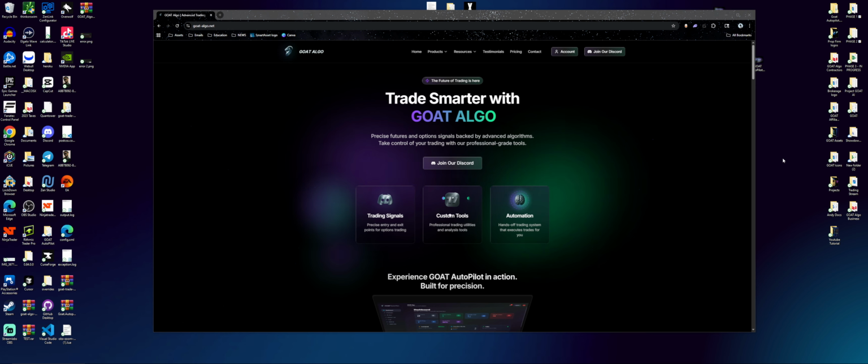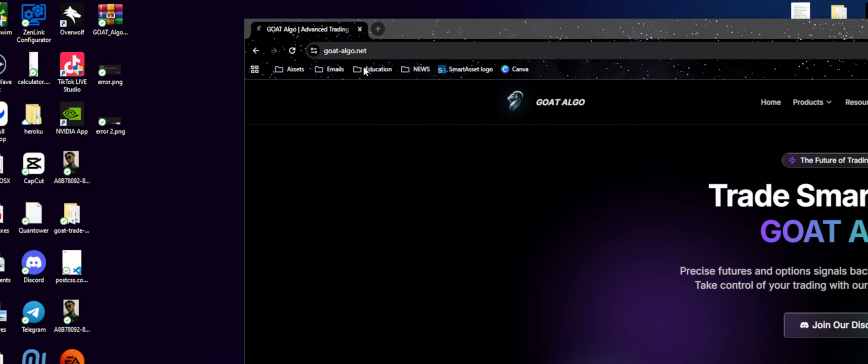Today, I'm going to be showing you guys how to claim the GOAT Algo Trading Suite from Whop. First things first, to ensure that you have the ability to claim access, you have to have connected TradingView to your Whop account. So what we're going to do is go into our